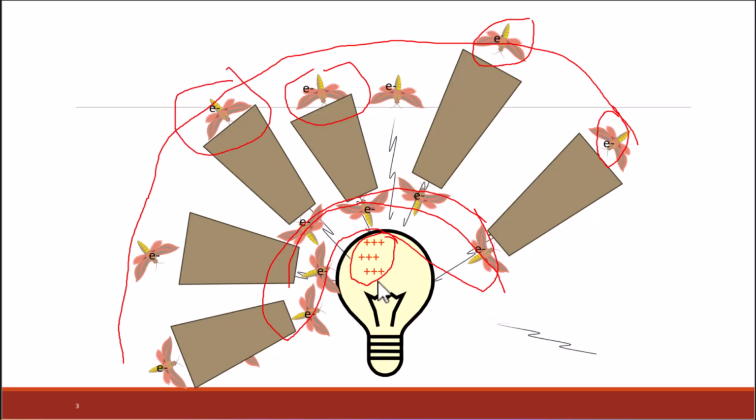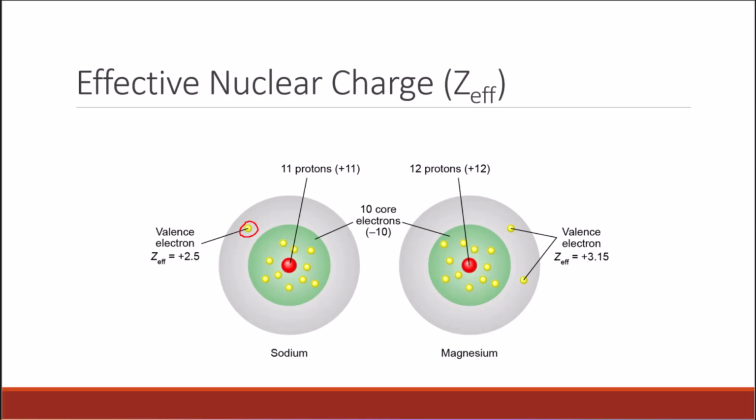So you have protons in the nucleus, and the more protons, the brighter the light, the greater the effective nuclear charge. The more shielding that you see, the lesser the effective nuclear charge because they're shielding these outer bugs or outer electrons from getting the full effect of the light bulb. Okay, I think that's as far as we can take this little analogy. Let's go to a better depiction of